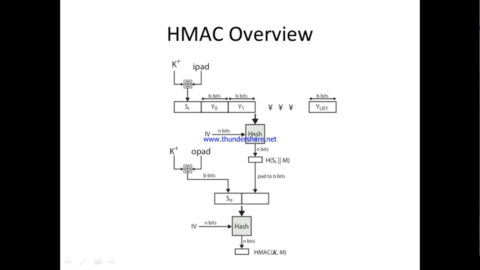So there are a number of different hash functions, so I can apply a hash function with some input vector, the initialization vector, and generate the hash value. This hash value will be padded again to generate B bits. These B bits will be concatenated with the B bits of the key k, which will be padded with the O pad, the output padding.